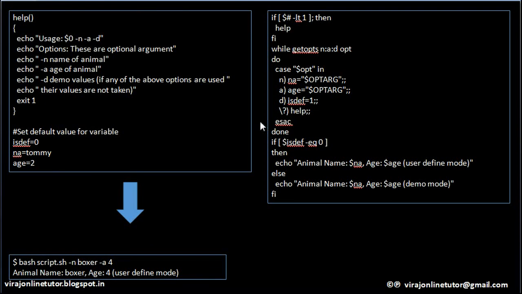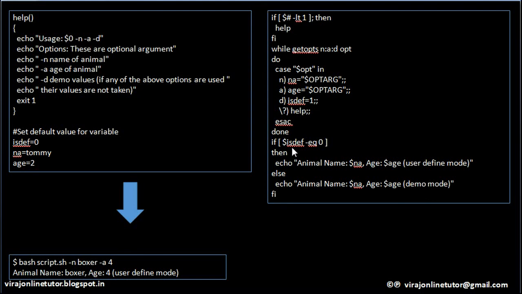Now we are going through the next loop of the while. The next option that I am passing is a. So opt will contain a. Now it will match this line. And what is the value of a provided by the user? 4. So 4 will get saved into age. Then it will go next. There are no other parameters passed, so it will come out of this while.